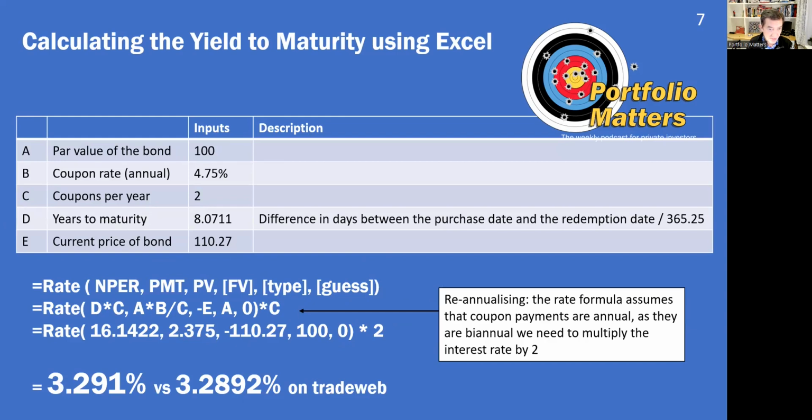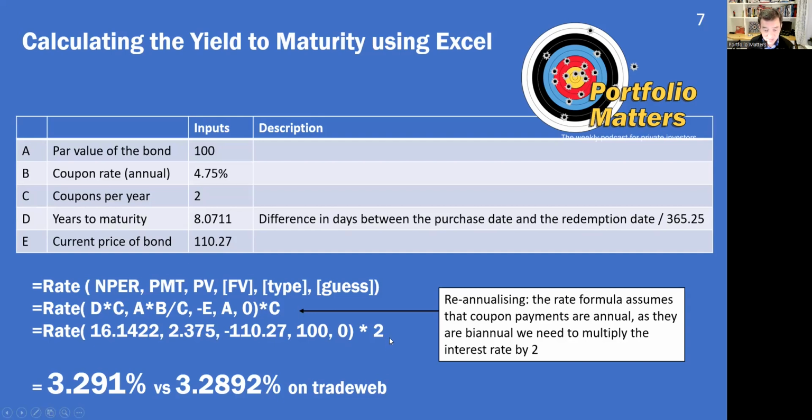So these are the inputs: par value of the bond, coupon rate, number of coupons per year, years to maturity. Now that is the difference in days between the purchase date and the redemption date divided by 365.25, which gives you 8.07 years. And finally, the current price of the bond. So if we feed all that into the formula,